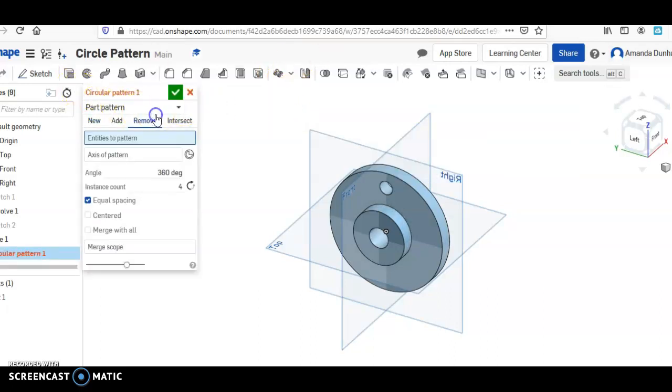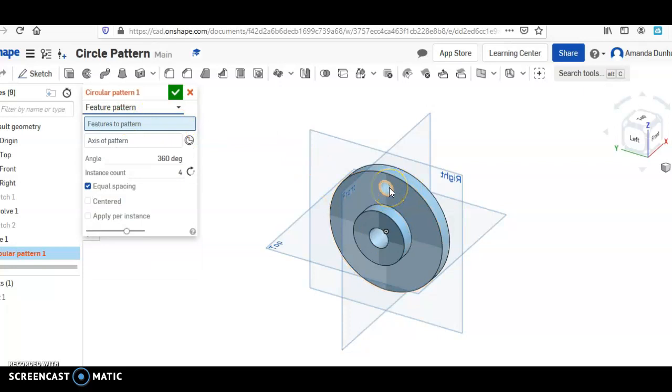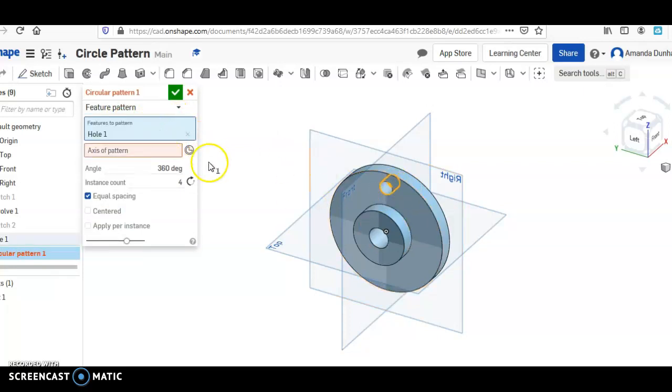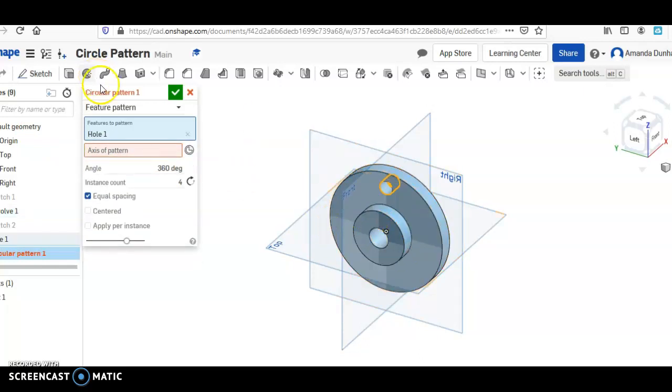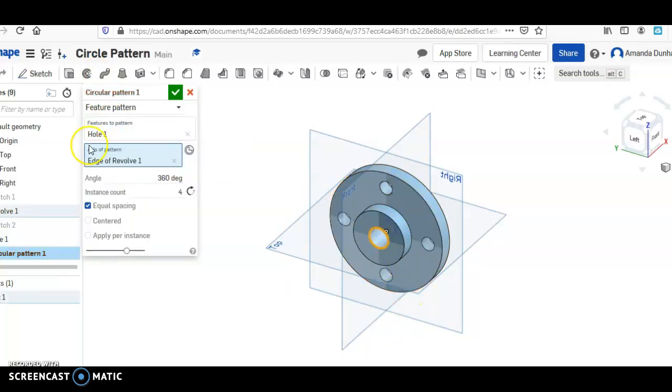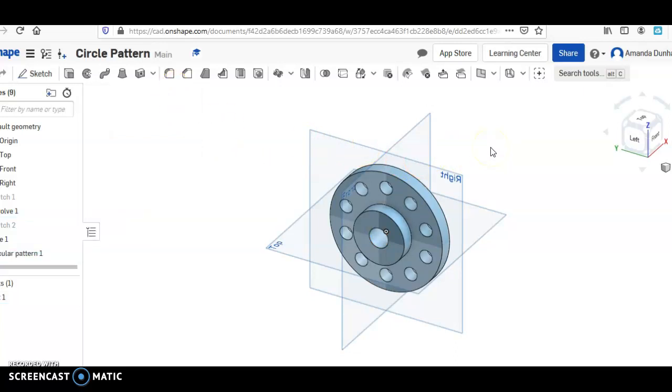Right here it says part pattern. Oh, and I accidentally hit remove. You're going to want to do feature pattern. Click the feature, which is this hole right here, and it says the axis of the pattern that you want to rotate around, this portion right here. And you're going to want to do 10 of those. And you are done. Now save it, share it, take a picture of it,